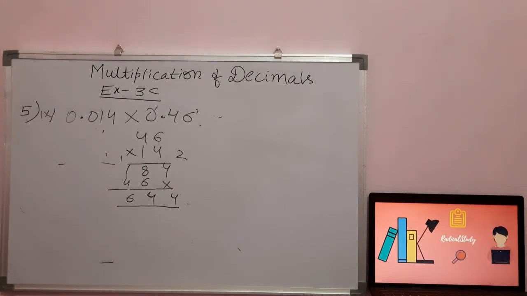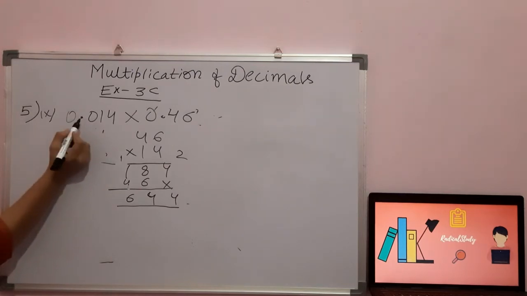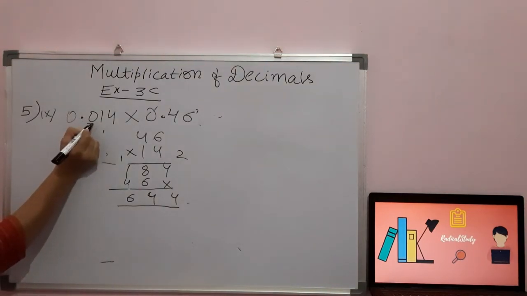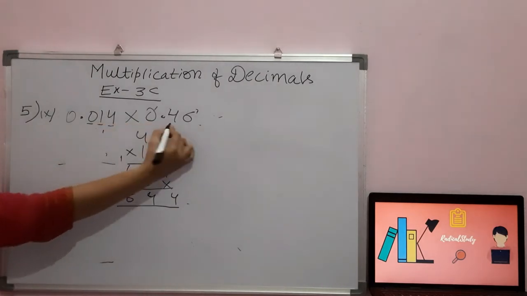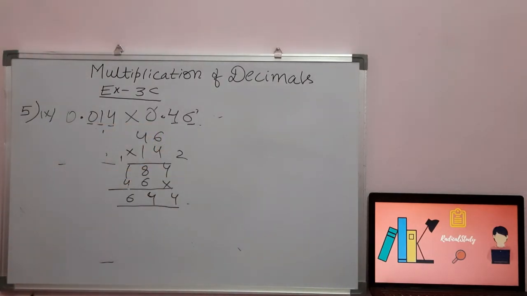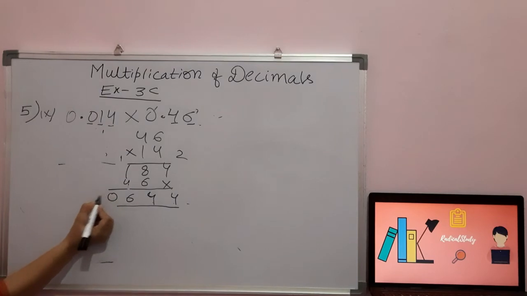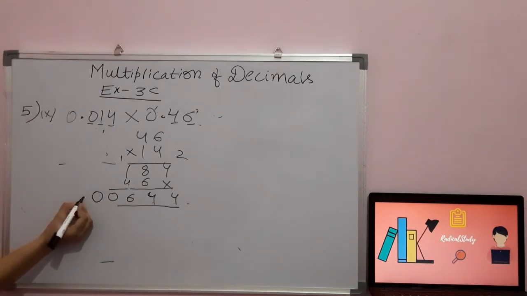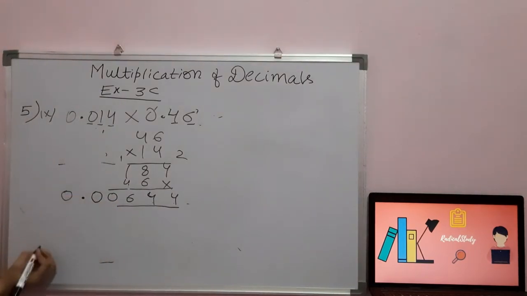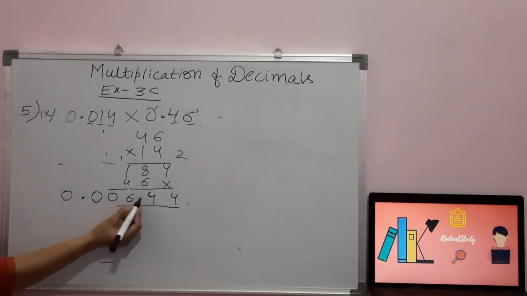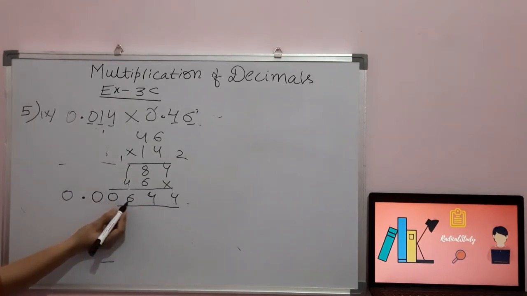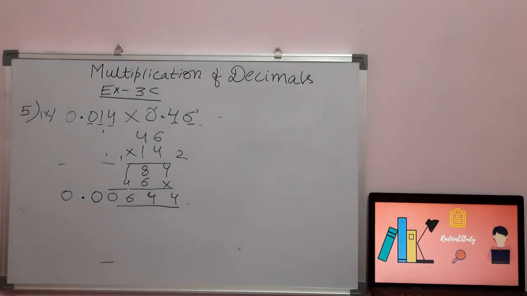And now the second step. अब हमारा second step यहाँ से शुरू होता है. Count the decimal places after the decimal point. 1, 2, 3, 4, 5. How many decimal places are there? 5 places हैं. तो we have to cover 5 places. 1, 2, 3, 4, 5. अब हम लोग यहाँ पे डेसिमल लगा देंगे and like this we will write the answer. So the answer is 0.00644. 1, 2, 3, 4, 5. हम लोगों ने 5 places cover कर ली, right students?